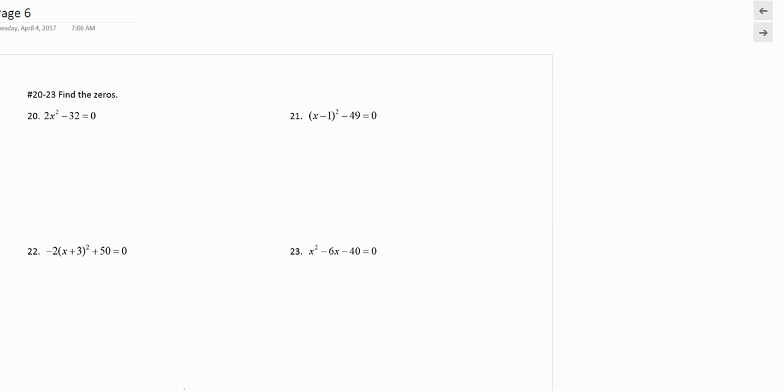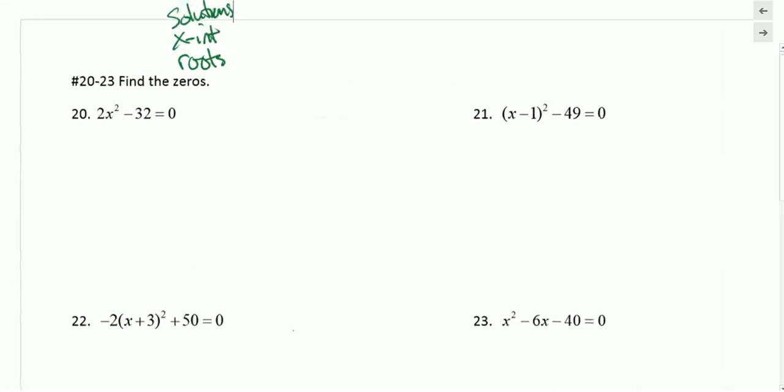Number 20 to 23, we're to find the zeros. Remember, zeros are the same thing as roots, or if they're real, they're X-intercepts, or sometimes we call them solutions. And so we have different methods here, and so the big thing is to decide what method we want to use. On 20, notice we're missing the middle term, the x term, and so I'm going to solve by taking